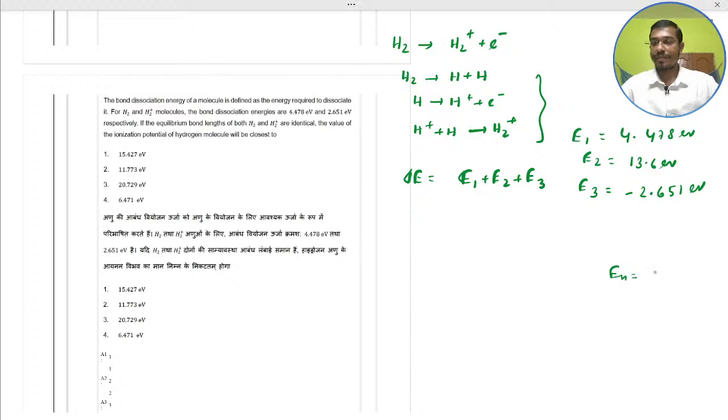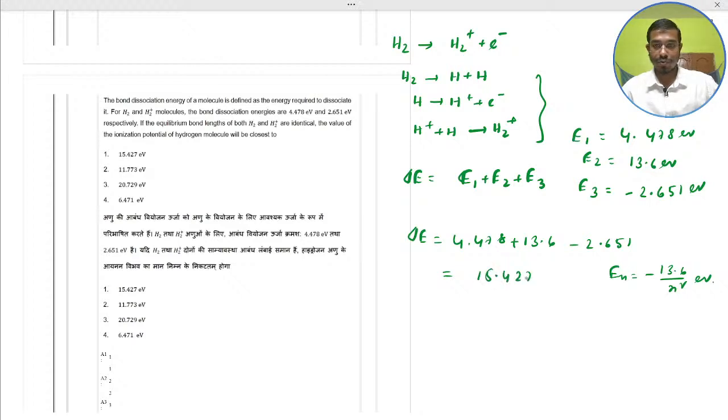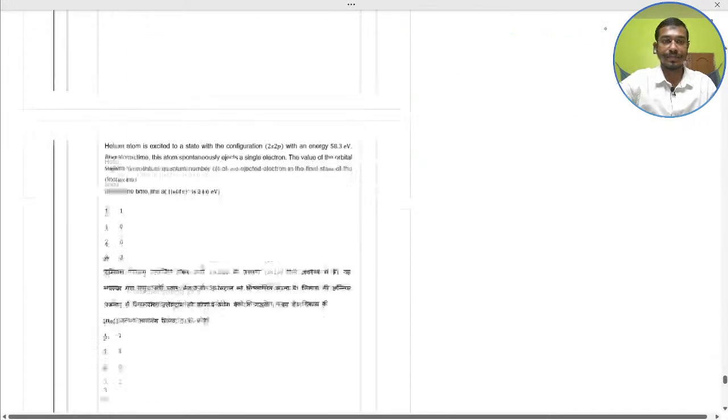En, that is minus 13.6 by n square electron volt. So now, put this value: 4.478 plus 13.6 minus 2.651, you would get 15.427 electron volt. Option A1 would be the correct. Next,